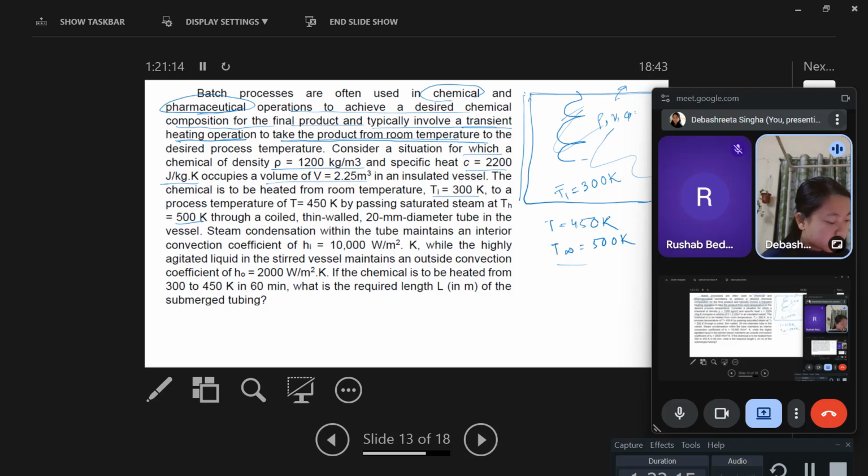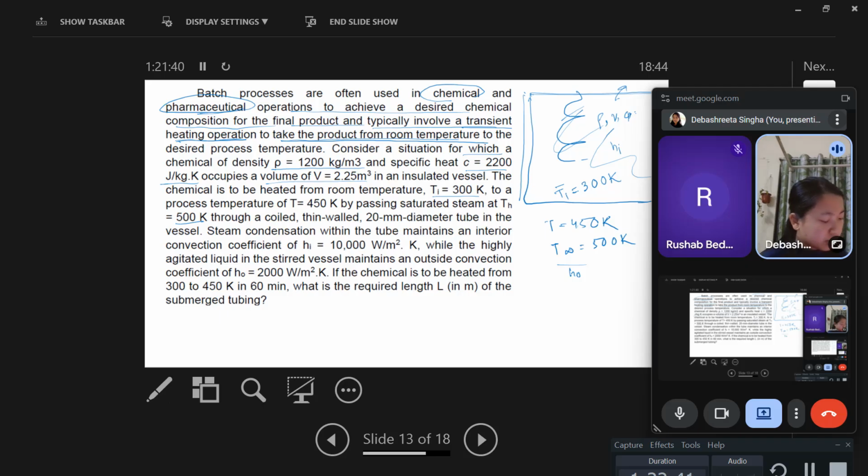Steam condensation within the tube maintains an interior convection coefficient of Hi, given as 10,000 watt per meter square Kelvin, while the highly agitated liquid in the stirred vessel maintains an outside convection coefficient of 2000 watt